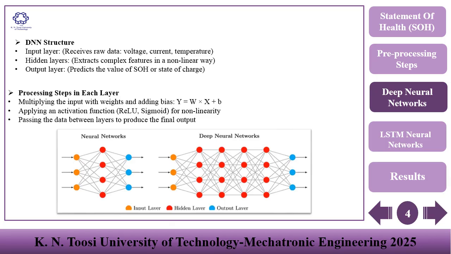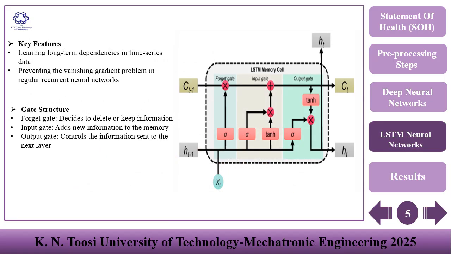With these deep processing capabilities, DNNs are highly suitable for identifying the intricate patterns in battery data and for making accurate predictions across various operating conditions. When we talk about predicting a battery's state of health, we are dealing with classic time series data. The capacity of a battery in cycle 100 depends heavily on what happened in cycles 50, 75, and 99. Traditional models struggle to remember these long-term relationships.